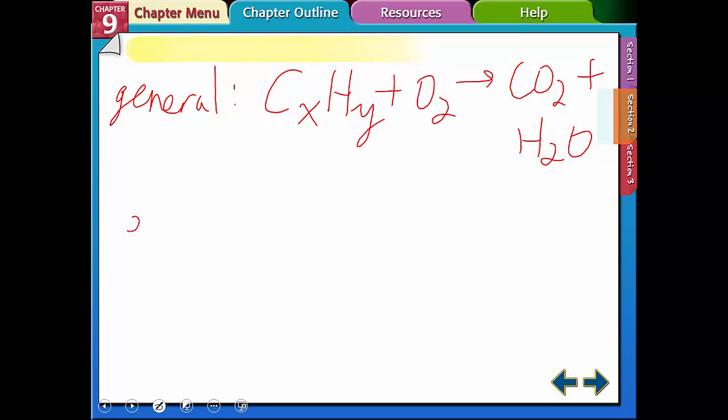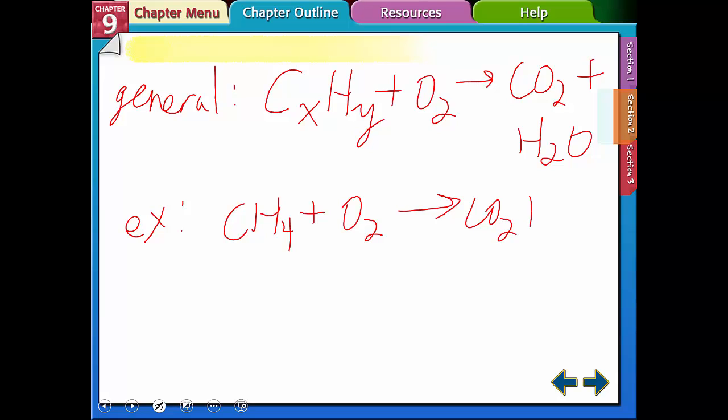So for example, if we have methane gas, it's a hydrocarbon because it just contains carbon and hydrogen. It will produce carbon dioxide and water. And that is the case for any hydrocarbon, a compound containing carbon and hydrogen. So anytime you see oxygen, O2, as a reactant,